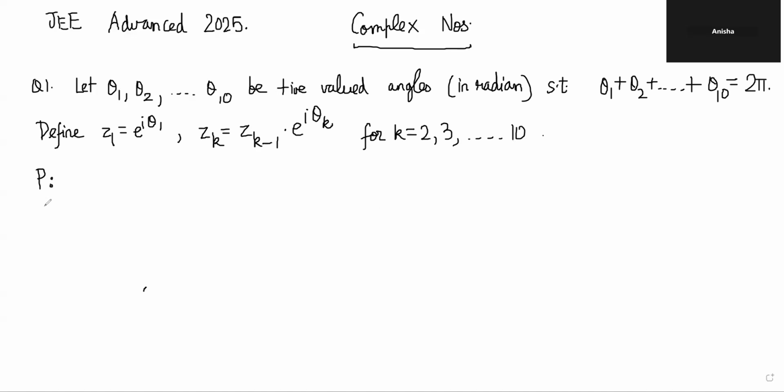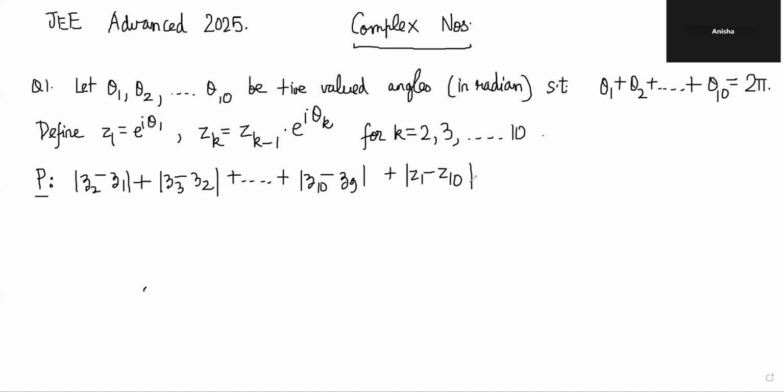Statement P is saying mod of z2 minus z1 plus mod of z3 minus z2 and so on till mod of z10 minus z9 plus mod of z1 minus z10 is less than equal to 2 pi,